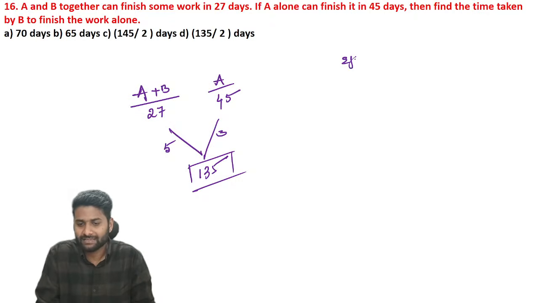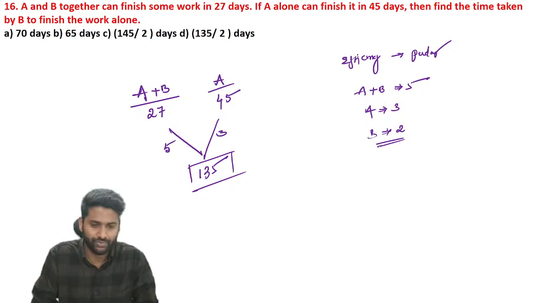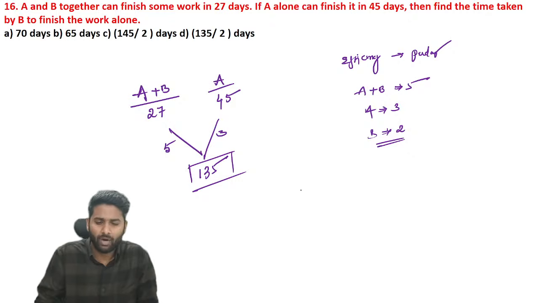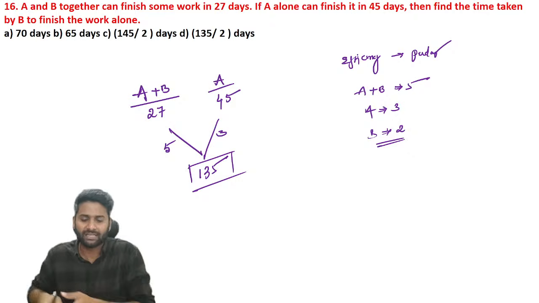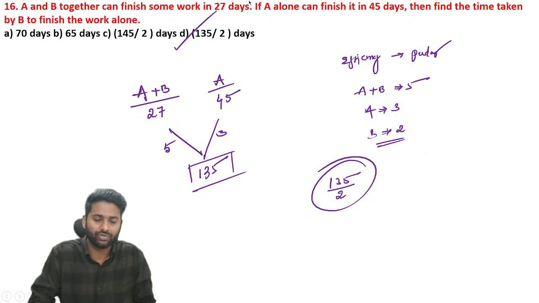So let's understand that efficiency. Efficiency is all about per day work. If A and B together per day complete 5 units, and A's contribution is 3 units, then we can conclude that B alone does only 2 units. Now the question: how much time does it take to complete the entire work if I assign it to B? Total work is 135, the contribution of B is 2 units per day, so according to the question, 135 divided by 2 is